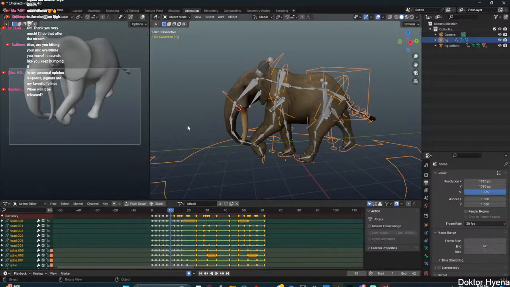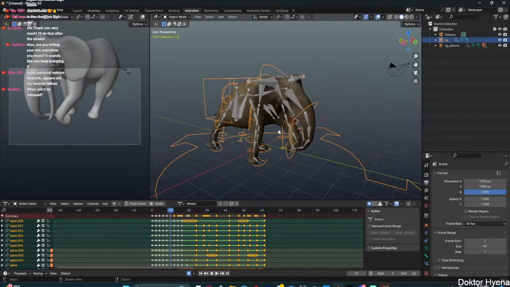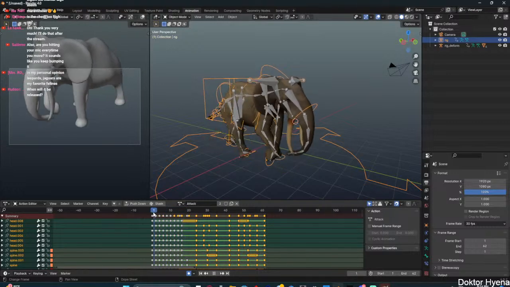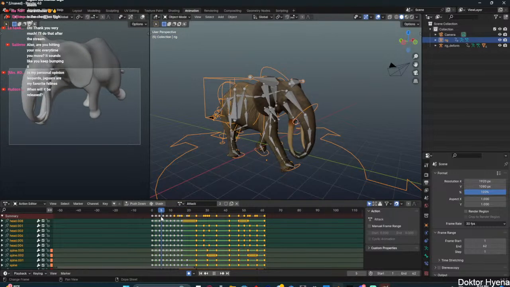I actually animated some of the attack as well. Not gonna show the whole thing because it's a spoiler for Into the Jungle, but